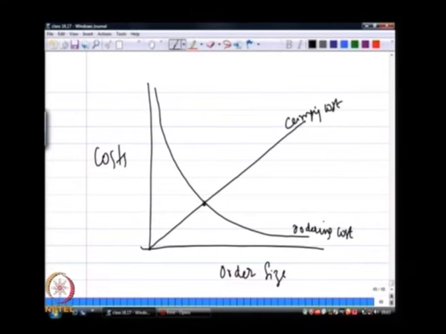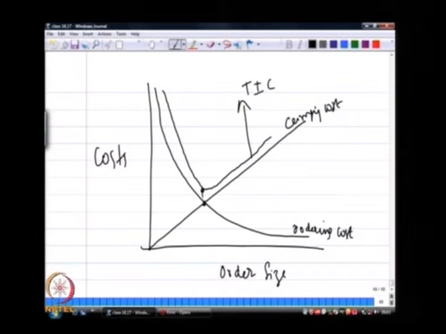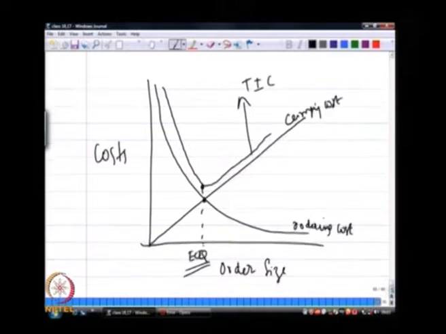And we found that at this point of intersection, the total inventory cost, which is the carrying cost plus the ordering cost, is minimum. Let us say this is the total inventory cost, this is minimum at this point, and the order size that corresponds to that point where the total inventory cost is minimum is what we saw is the economic order